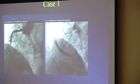And I hope you can appreciate it stops right here. So there's a couple little branches that come off, but this artery should continue on down. This represents a stent being deployed, and so in the cath lab we put a small amount of contrast material in the balloon as we inflate it, and it allows it to show up on the x-ray pictures. This is a stent being deployed,